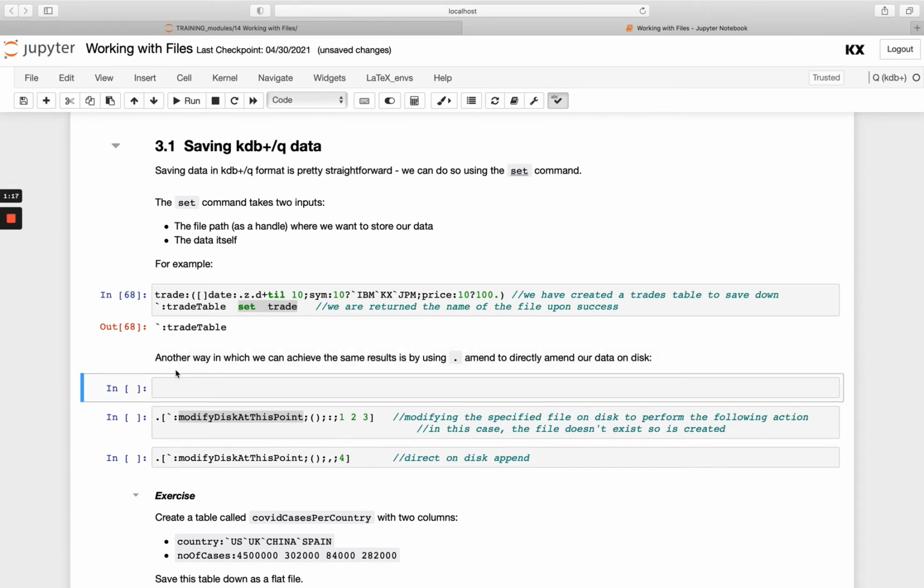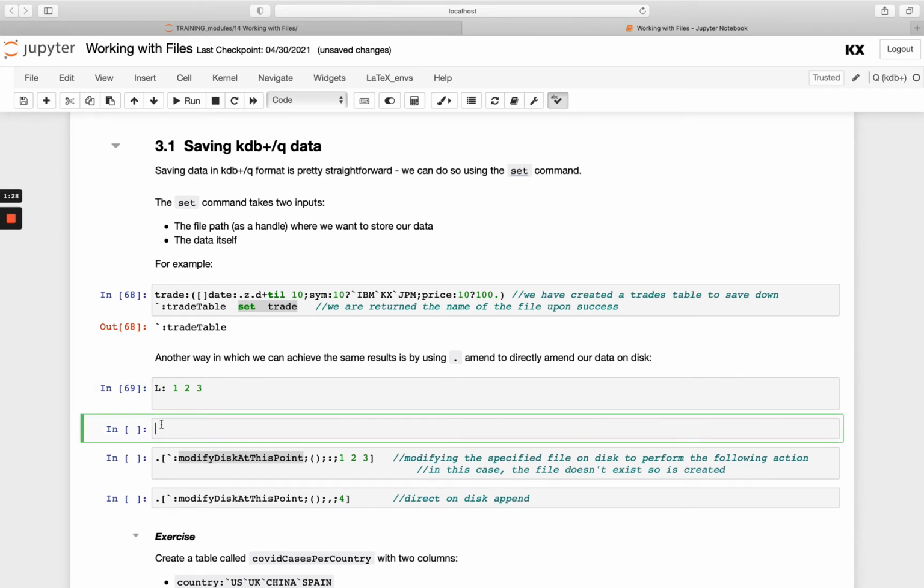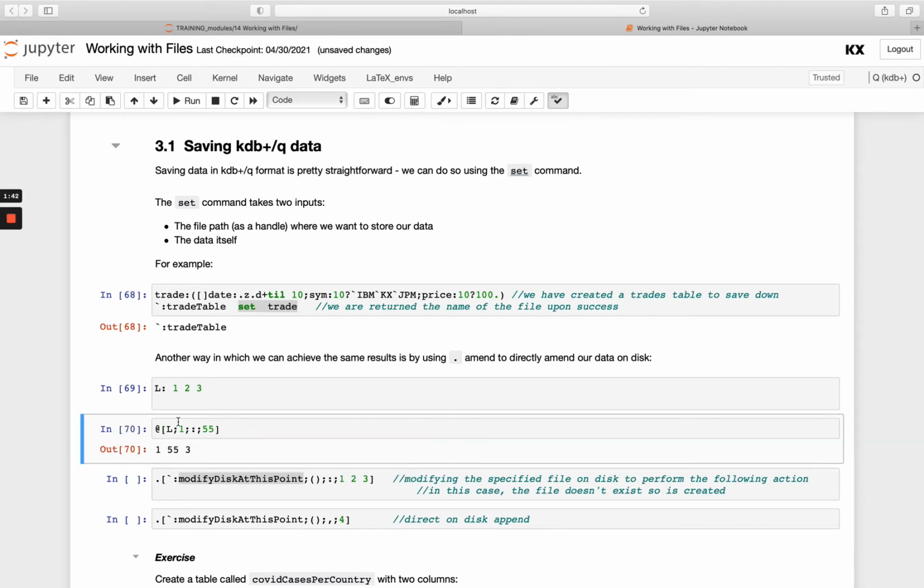So if we just go back and think about that again, say we did 1, 2 and 3, and then we save that, and then if we do, first of all, using the at amend, we could pass the list, and then we pass the indexes we wanted to change. So if we say at the first index and we want to reassign that, so we put a colon and we make it 55, for example,